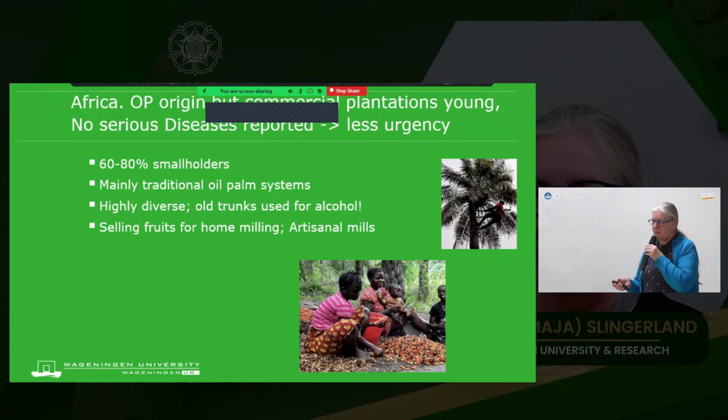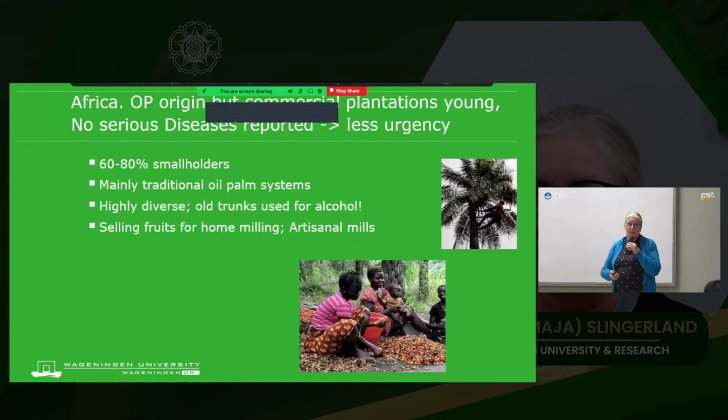But what you see there, they still have an artisanal way of producing palm. They have the small fruits here, and they process them at home for red oil, and they don't send them to the factory. It's just now that they start having an industry. So it's highly diverse, and the old trunks here are not used for sugar, they're used for alcohol. So they cut them down, they drain, and they just wait till they start fermenting, and then they have palm